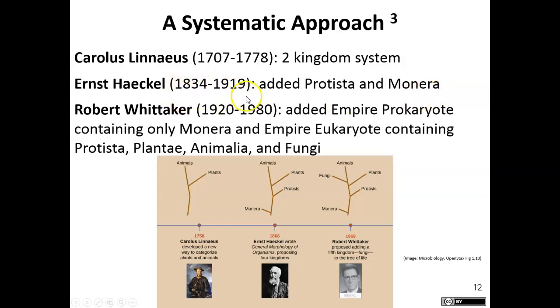And look at the dates that he was alive. So this is relatively new. Then Robert Whittaker, in between 1920 and 1980, that was when he was alive, he added an empire. He called it the Prokaryote Empire. And that empire only housed Monera. The empire Eukaryote, sorry,